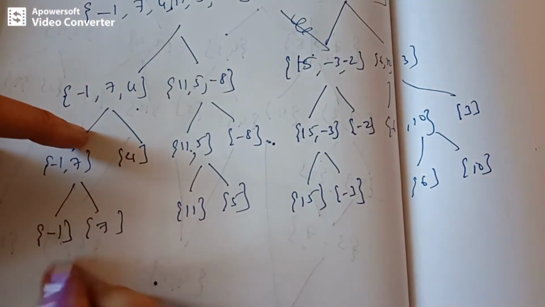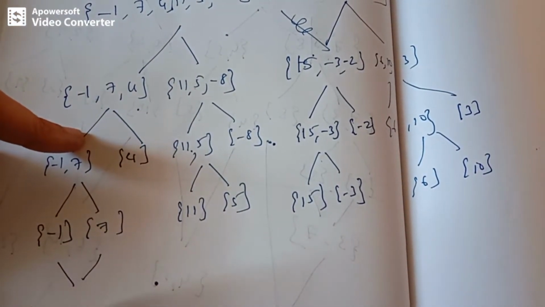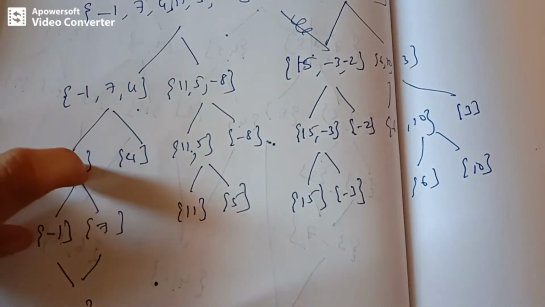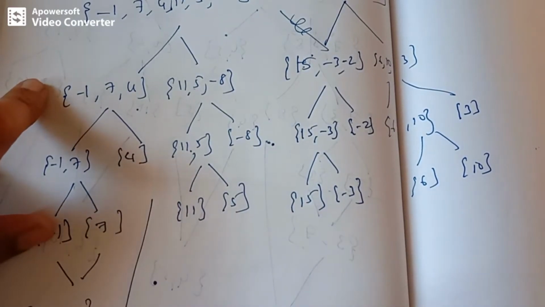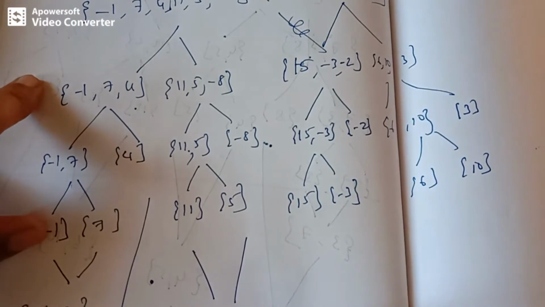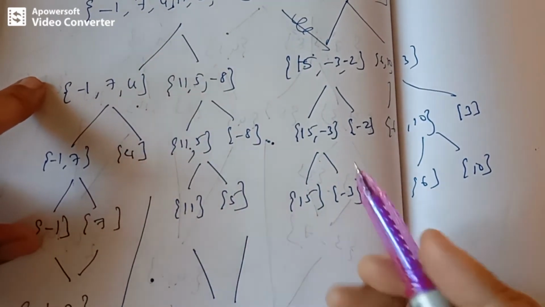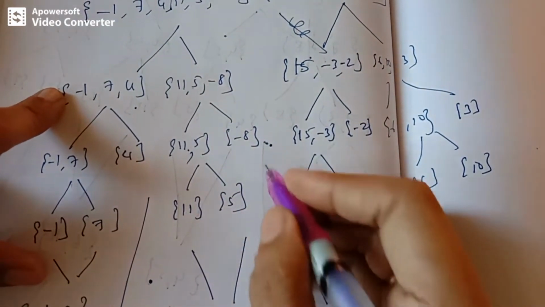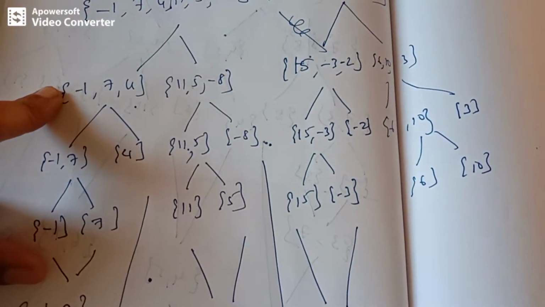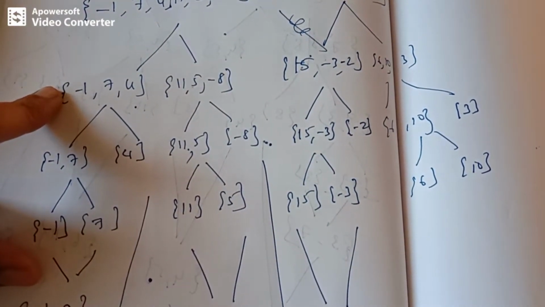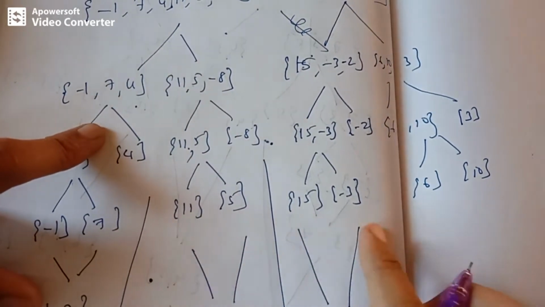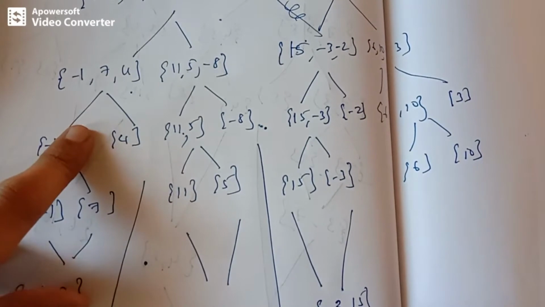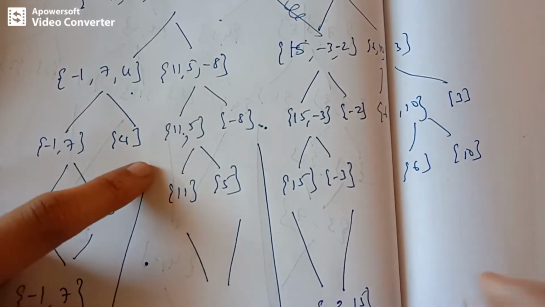Next you are supposed to sort them, take these elements and sort them in increasing order. Next I am going to take these and group them by arranging them in order. I think this element also is there, so minus 8, 5 and 11. Likewise, we will be having minus 3 and 15. Among these two, this is how it can be arranged, right?